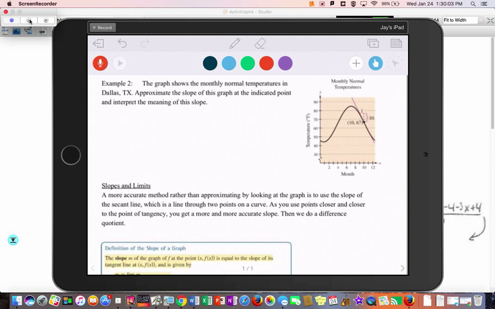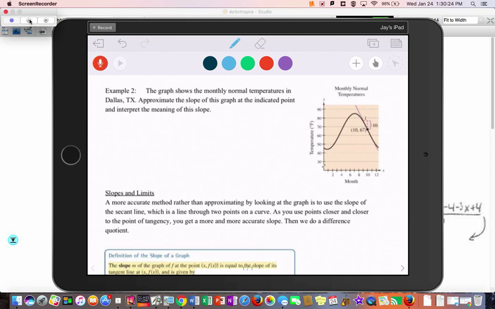All right, example 2 is talking about monthly temperatures in Dallas, Texas. So you can see that they picked a dot, 10, 67, so that's in October, the average temperature is 67 degrees. Now, if I match it, you can see there's a line there that kind of goes, you can see it right there,